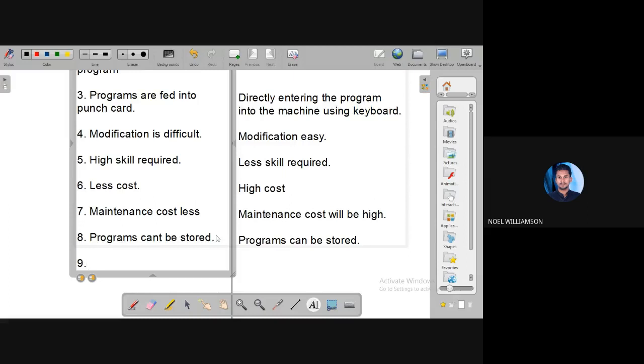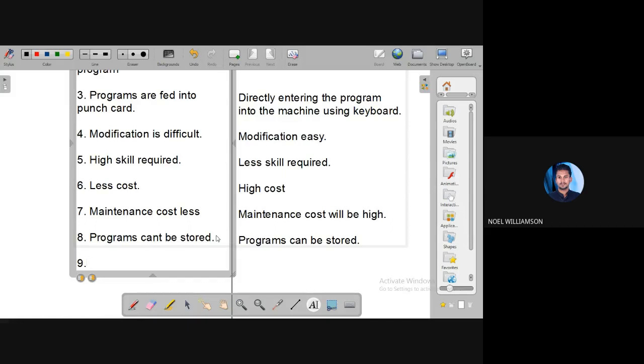Flexibility means we can modify things. Suppose we are creating a product in an industry, say a nut or bolt, having certain dimensions, say 25 mm diameter.